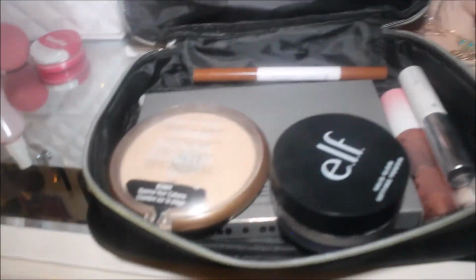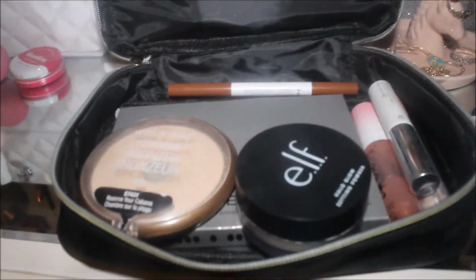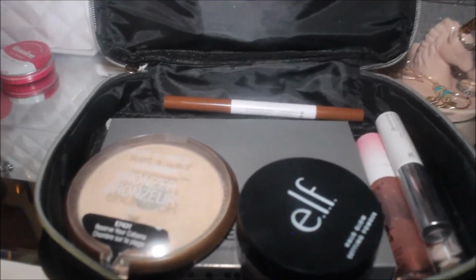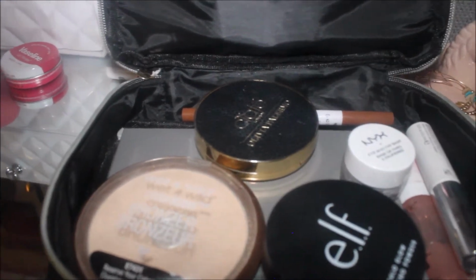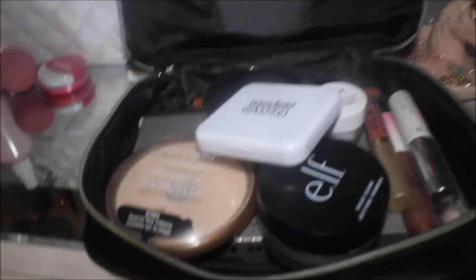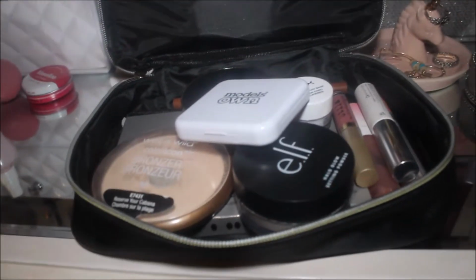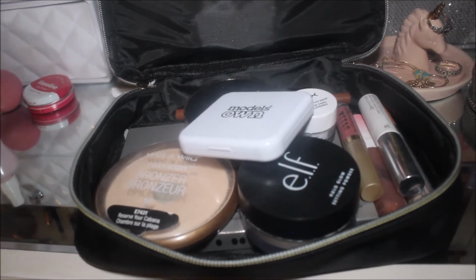So if I do want to take the Huda Beauty, I could take this Glam palette out and put that at the bottom, and then put all the makeup on top just to secure it. So yeah, I don't know what I'm going to do yet. I feel like when it comes to packing at Christmas time, I'm going to do a pack with me what I'm taking